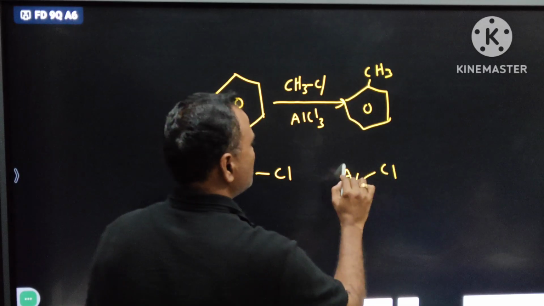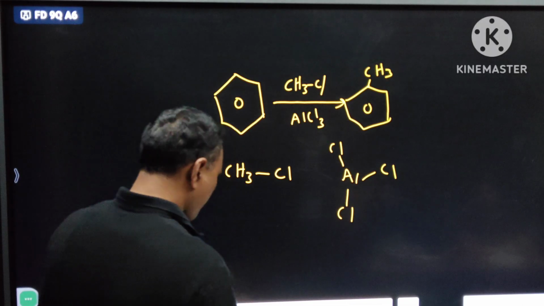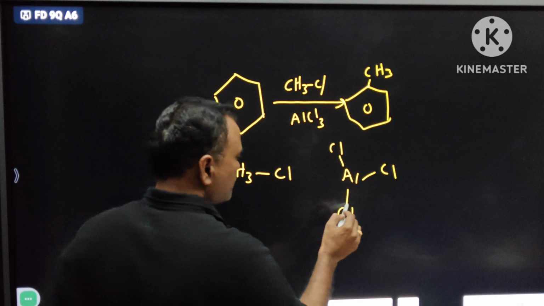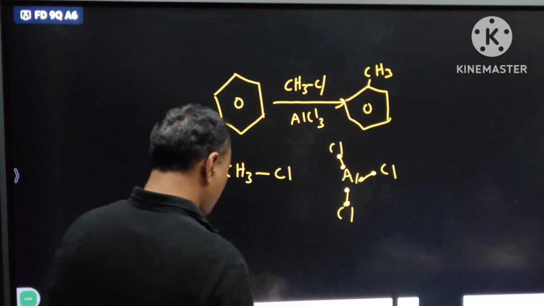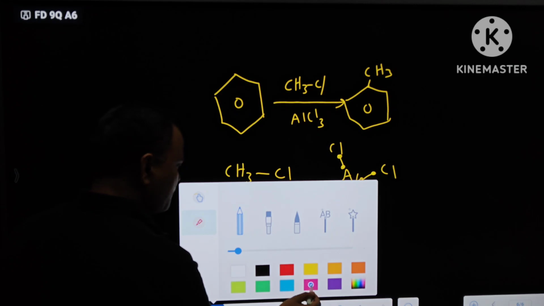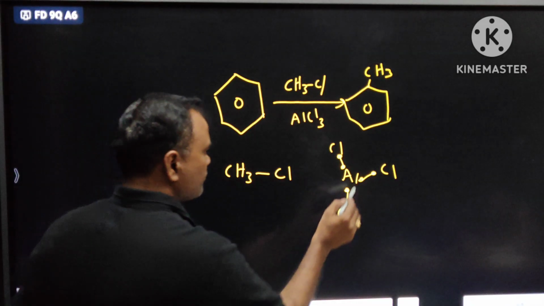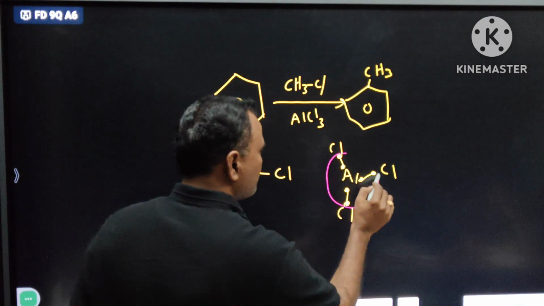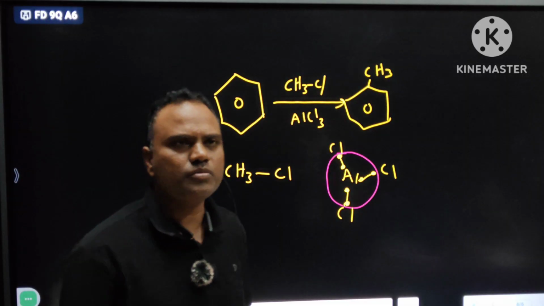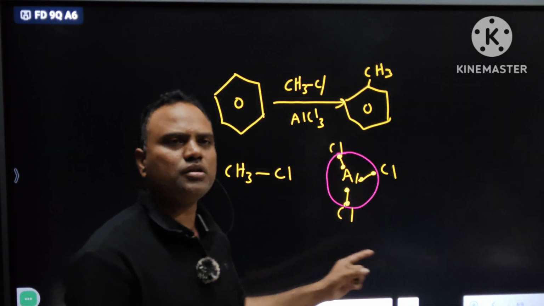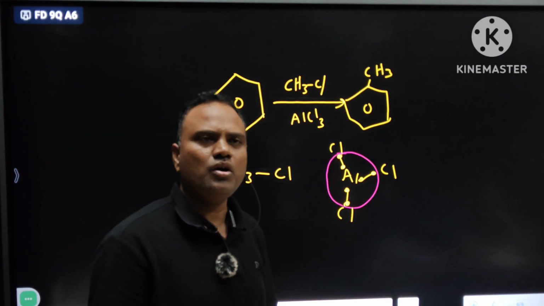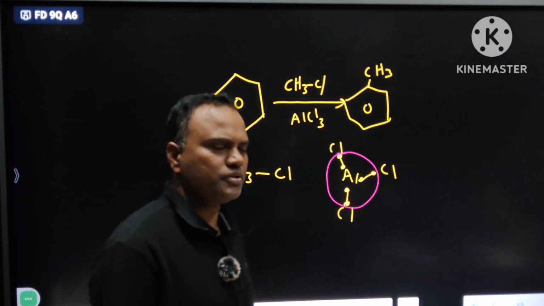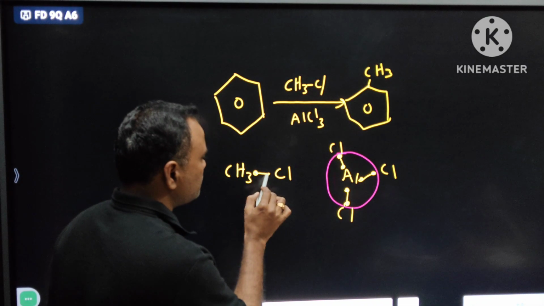CH3Cl. Aluminum is surrounded by how many chlorines? 3 chlorines, right? Each bond contains how many electrons? Each bond contains 2 electrons. Total how many electrons are present around aluminum? 6. That means the octet is not present. So this chlorine